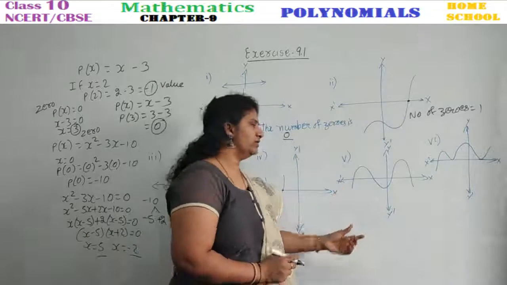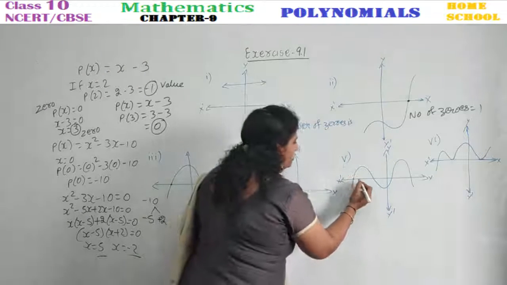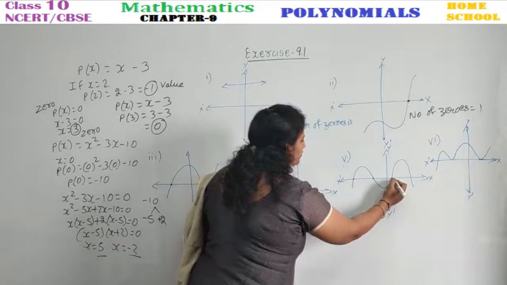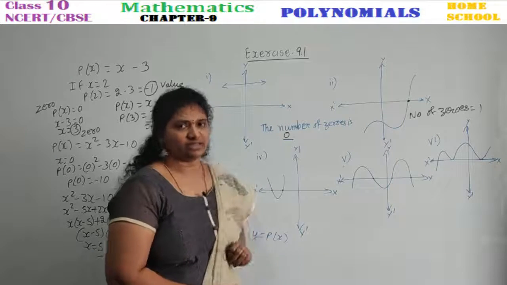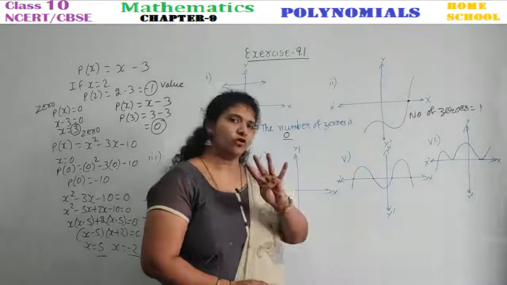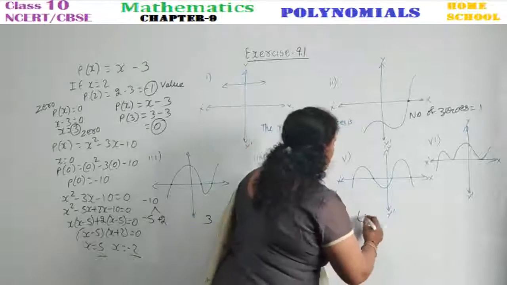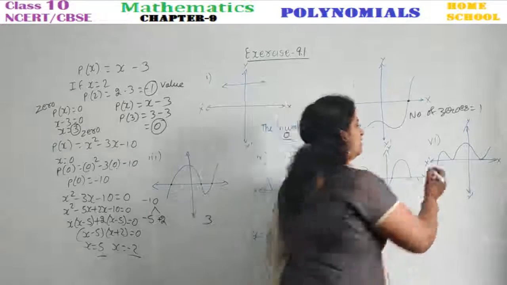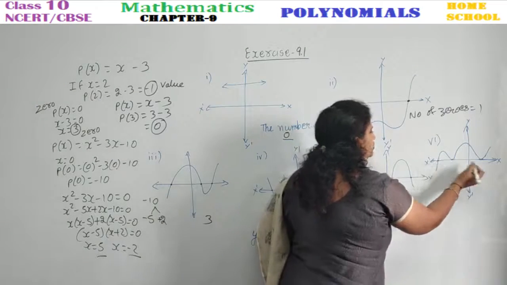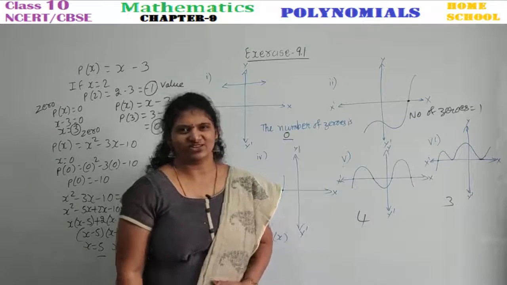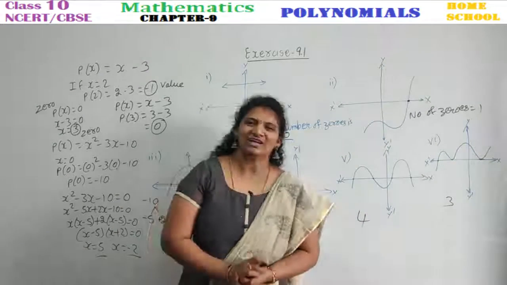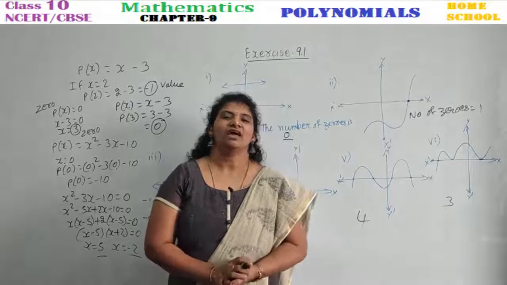See the fifth one. 1, 2, 3, 4. It cuts the x-axis at 4 points. Therefore, it has 4 zeros. Last problem. 1, 2, 3. How many zeros does it have? It has 3 zeros. With this, we are going to complete our exercise 9.1